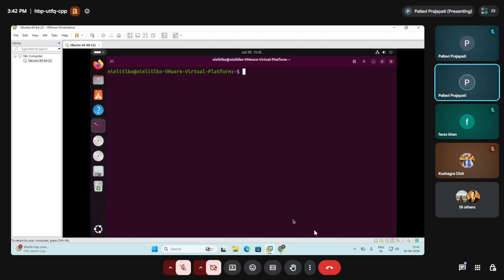And we have the network interface also. What is the network interface? It's a LAN card, na? Ethernet card, you can say.